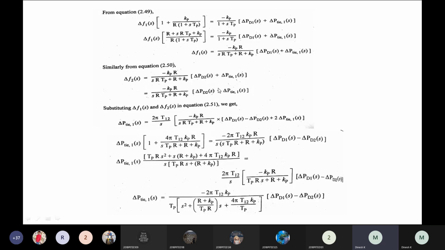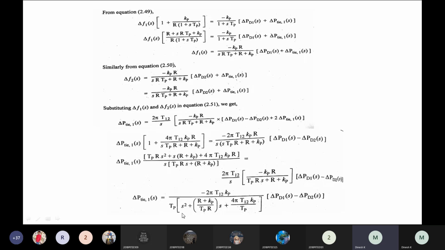So now you have to substitute all your f1 of s, f2 of s in your initial equation. The difference equation we showed, you have to substitute in that equation, for the case of del p tie 1 as well as tie 2. So if you substitute, finally you get del p tie 1 of s is minus 2 by t12 kp divided by